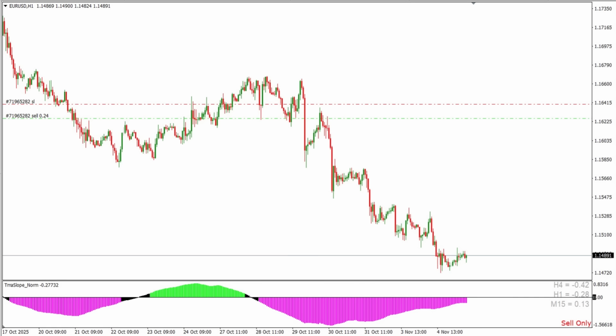Now, let me show you a very, very simple trading strategy. You can have a look at the screen. You see that this is a 1 hour setup of a Euro USD chart. You can see how clean the screen is. There is nothing on the screen. You can see a candlestick chart, and right now there is a live trade going on. And then at the bottom, you can see a histogram. It is basically a TMA indicator.